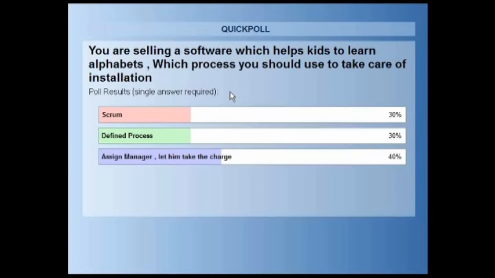There is a good possibility of making standard operating procedures, because you are not customizing it. You are just visiting the site, installing it, giving a demo, following a checklist, getting a signature from the school administration, and coming back. So you can make a good defined installation process.